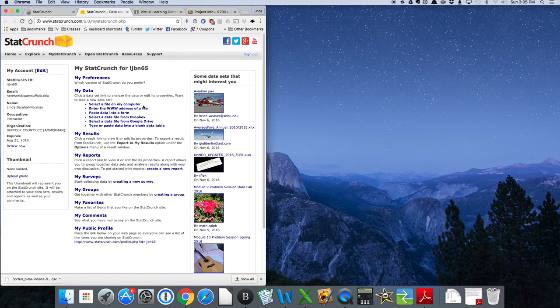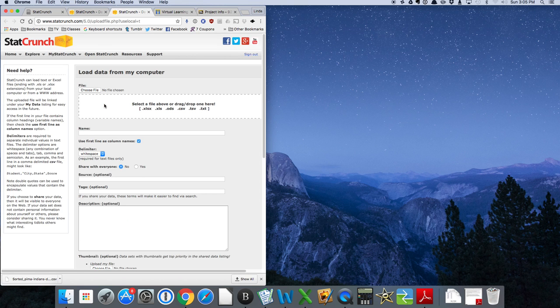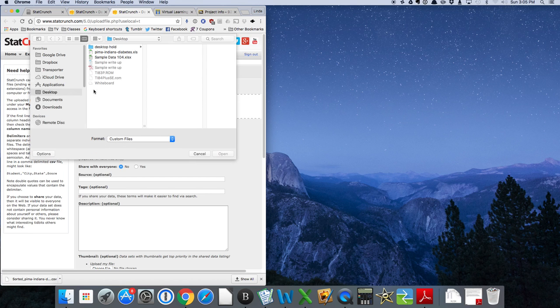Alright, we've looked at this before. So this is what we're going to use. You need to load the data that you just downloaded. So click select a file from my computer. Over here, choose a file, and then you're going to choose the sample statistics data, which is right here. Now once again, I've already done this, so I'm going to hit cancel. You're going to click on that and hit open,